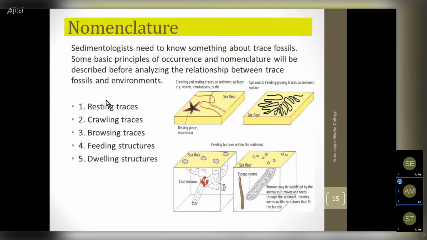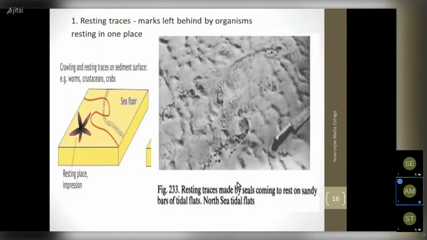These nomenclature, 1, 2, 3, as we said, happen on the surface, which are called resting traces, crawling traces, and browsing traces. While 4 and 5, feeding structures and dwelling structures, happen within the sediments, as we can observe here. Further to clarify this, okay, so